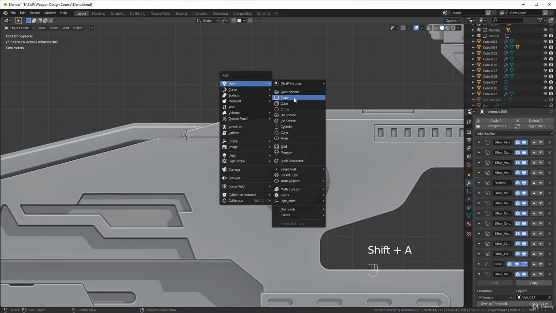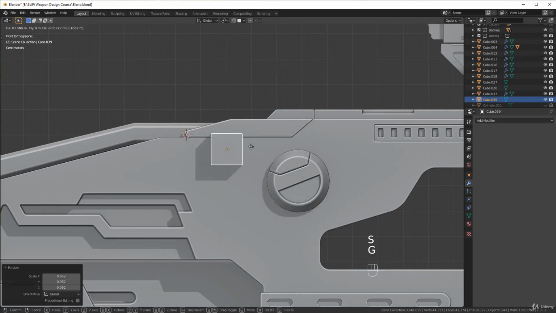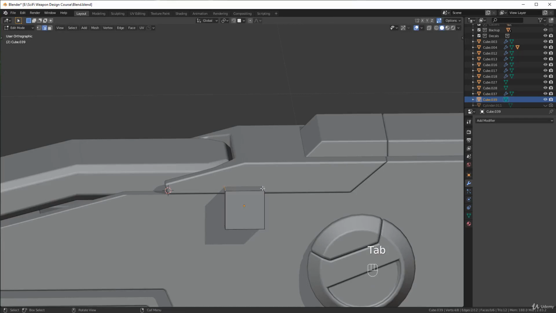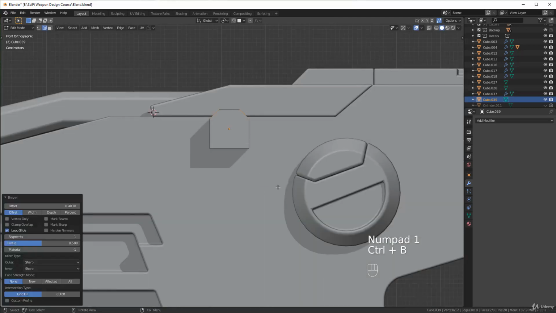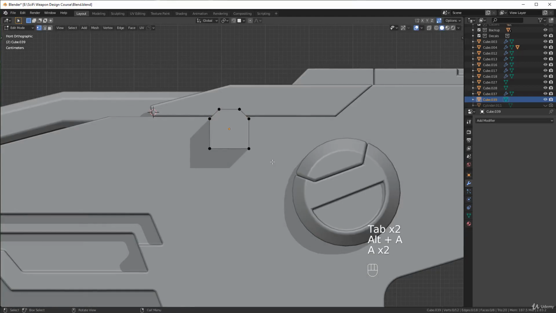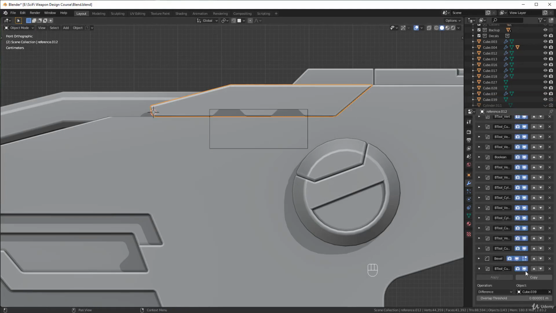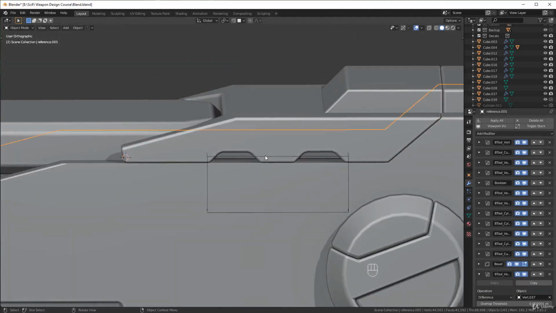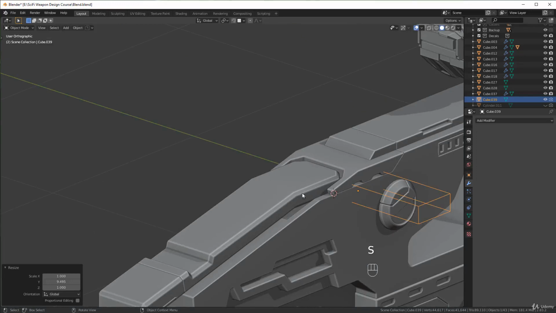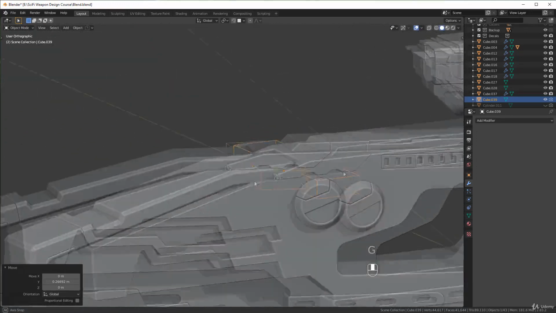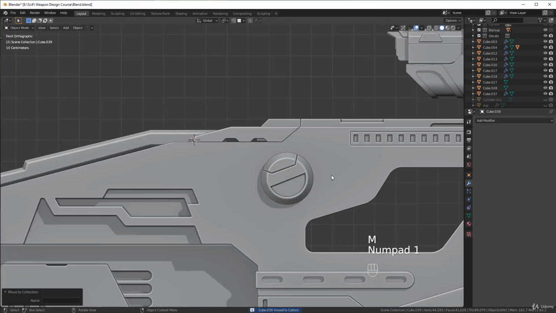So now all I want to do is add in maybe 2 more cubes. We'll add one here, scale it down. Gonna go ahead and bevel these top edges with Control B. Then let's go ahead and duplicate this in edit mode so that way it's just one object. Move another one over here, and then run a difference boolean like so. And of course, I'll remind you again, boolean above the bevel, so that way we get that effect. And let's just scale this guy up all the way on the Y, so that way it just passes completely through there. So we'll just move this to the cutters collection,